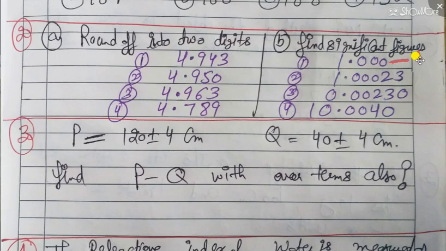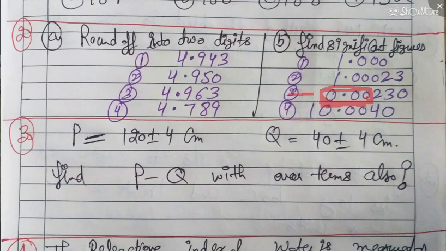It contains 1, 2, 3, 4, 5, 6. So it contains 6 significant figures. This contains 3 significant figures, and this contains 2, 3, 4, 5, 6. So it also contains 6 significant figures. So you can check the rules of significant figures so that these answers are clear to you. In the third option, these 3 zeros are not considered. These 3 zeros will not be considered in significant figures. Some students have doubt in this question, so these are not considered.